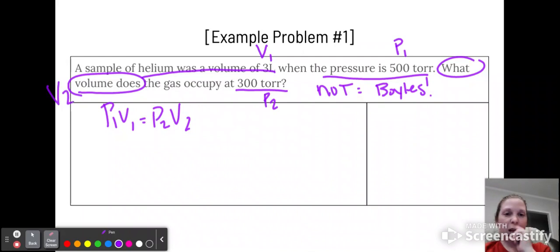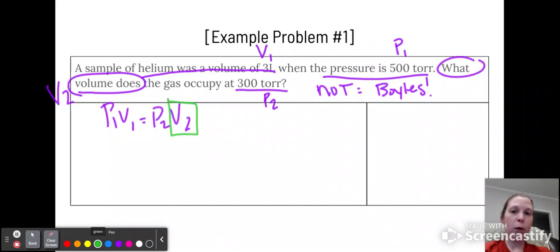Okay. So just remember that I would very much suggest labeling everything in your problem like I just did here. Remember too that your units are the same. So pressure is both in torr. We don't have to do anything with that. So volume we're going to solve in liters. And I like to teach the box method here, which I'm sure you've heard about in math. So we box off the